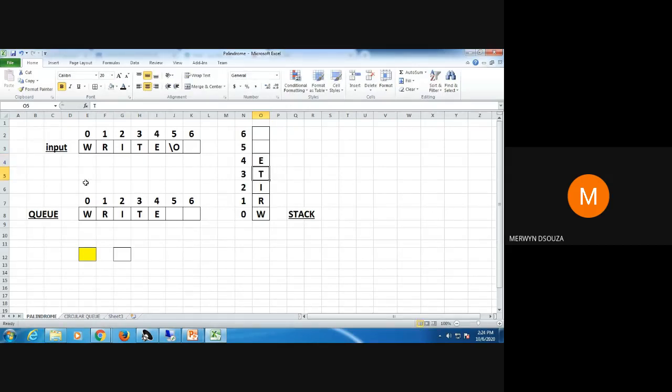Your front would have been here and rear here. Top of the stack would have been here. Something like this it would have been.